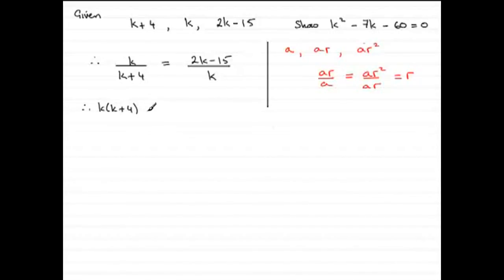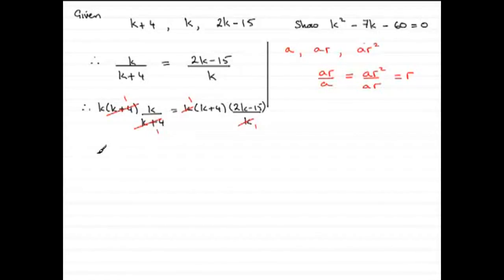So if I multiply the left-hand side and the right-hand side by k plus 4, let's just write that in here, 2k minus 15 all over k, then what we see is that this cancels out with this one and k cancels out with this k here,